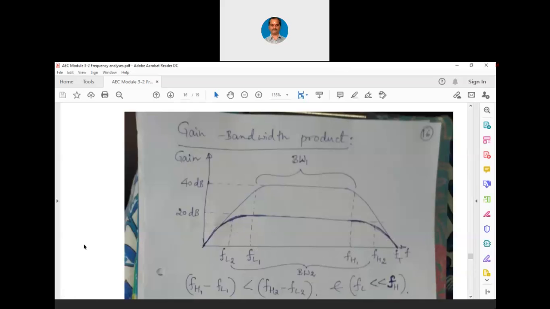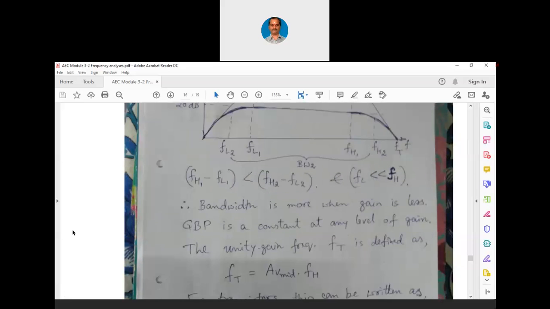So in most cases, we can ignore FL1, FL2 itself, because they are only in a lower frequency range, and you already know that we are plotting this graph using a semilog x-axis. So at times, FL itself can be ignored. Therefore,